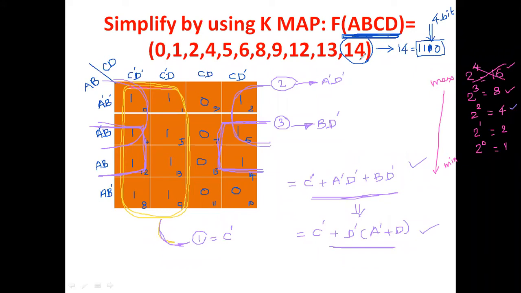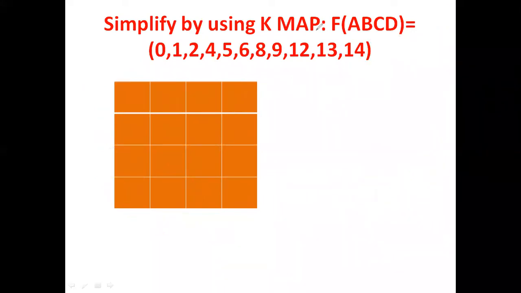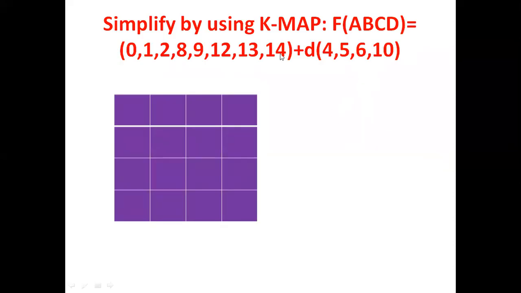Okay, and now we are moving into the next type of problem. The next type of problem is similar to the previous case. Now I am entering into the second method of a problem. What is the difference between the previous problem and this problem? The difference is only this part. In this case, the don't care term is included. The term don't care is given.